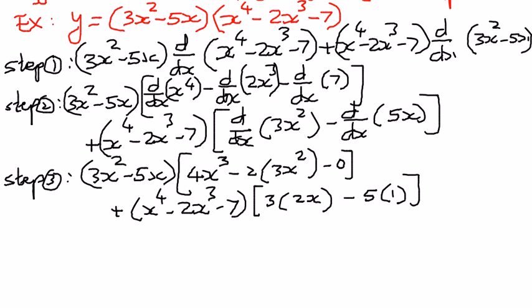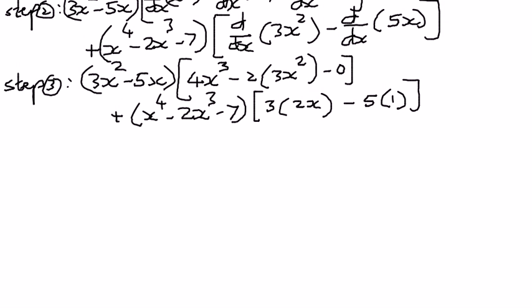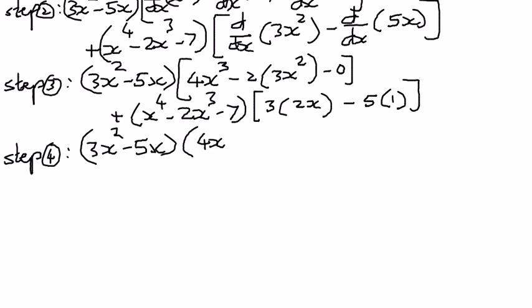Now we are ready to simplify this some more. So in step number 4, we're going to simplify it further. So we have 3x to the power of 2 minus 5x as the first term, and then times 4x cubed is what we have there, minus 2 times 3 is 6x to the power of 2, and we can ignore the 0. Then we have plus